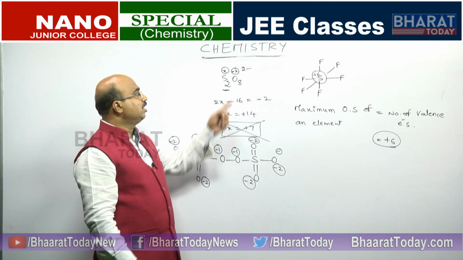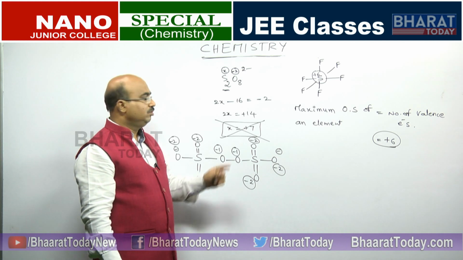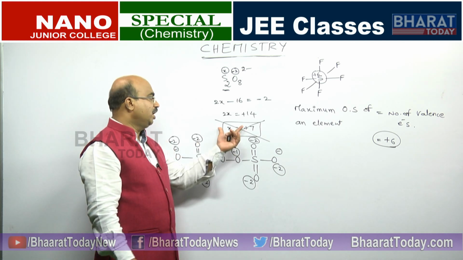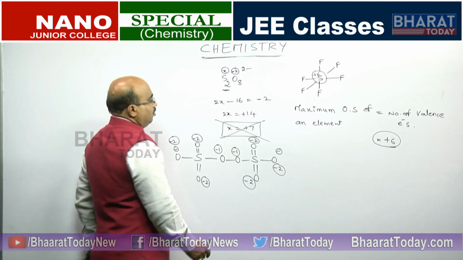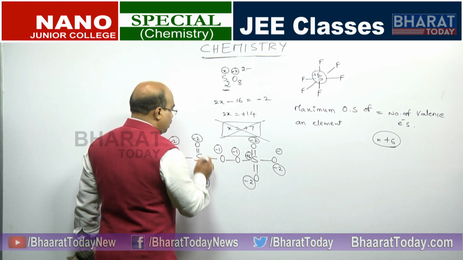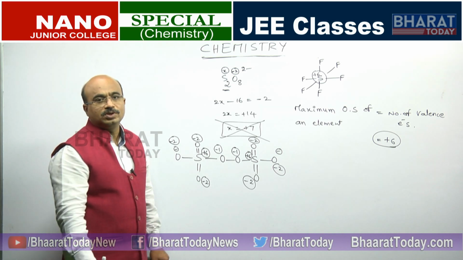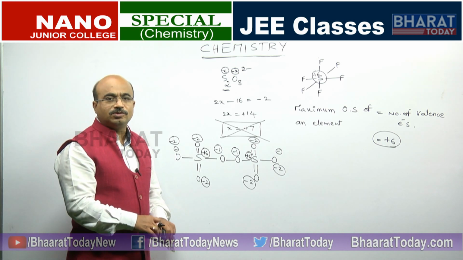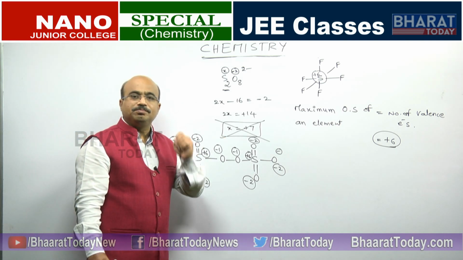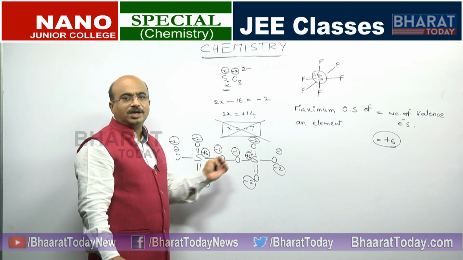So, what was the general condition we have taken? All oxygens as -8. Due to that we got +7. So, what we have to do always is try to bring it to +6, because here the oxidation state of sulfur is +6, or the charge on sulfur is +6. So, bring it to the maximum when you get more than maximum. So, I got more than maximum, so I will bring it to maximum.